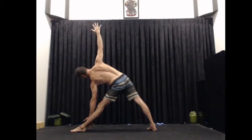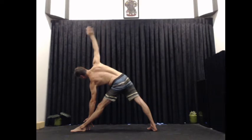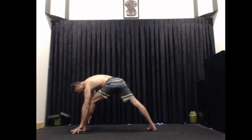There should be a gentle sense of pulling your front ribs in here. And remember, you can look up if it feels okay for your neck. But if that's not comfortable for you, just stay looking down or to the side. Take one more calm breath here. Remember, the front knee stays unlocked but straight. And after breathing out there, just bring your right hand down, maybe bending the left leg a little bit, and